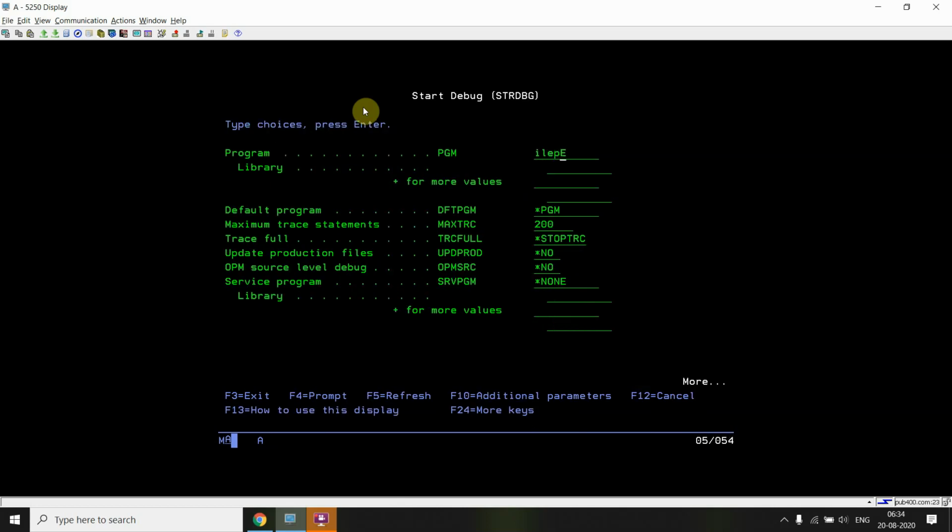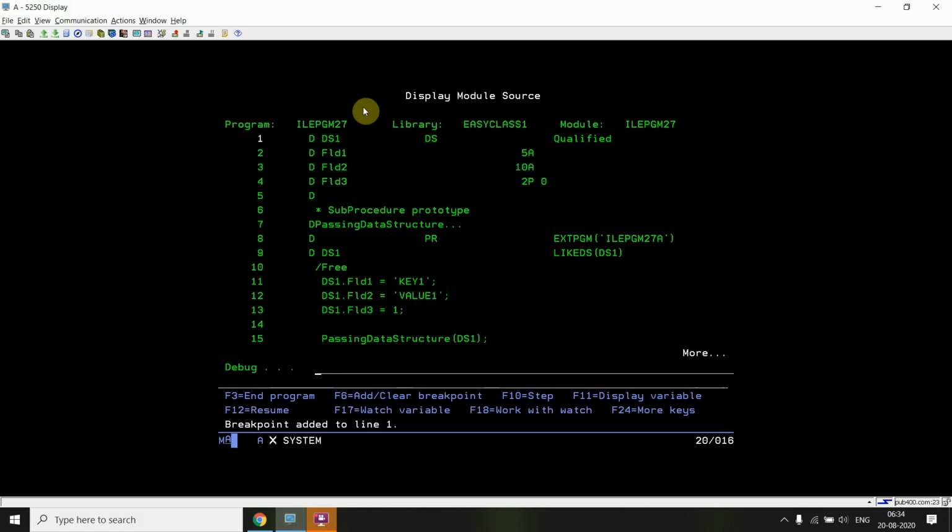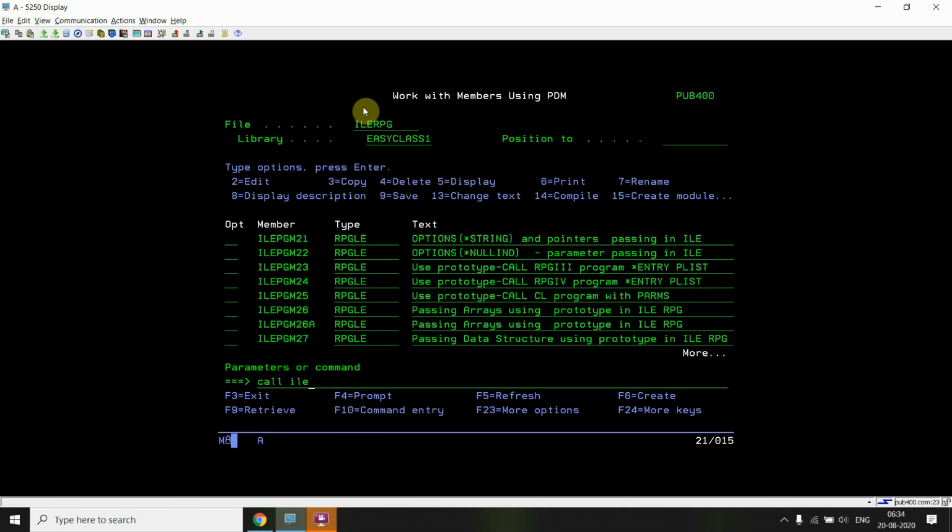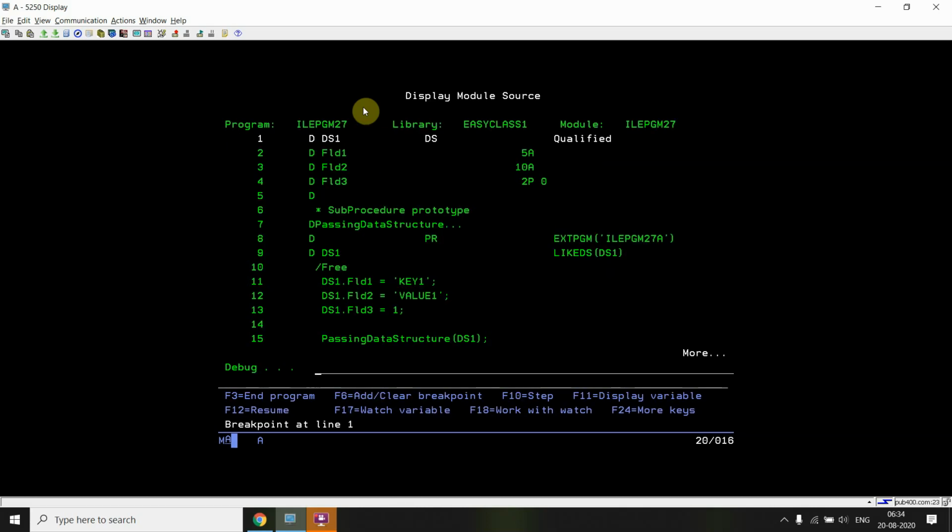Just debug this program, PGM27. Set the breakpoint at line number 1 and call ILEPGM27.